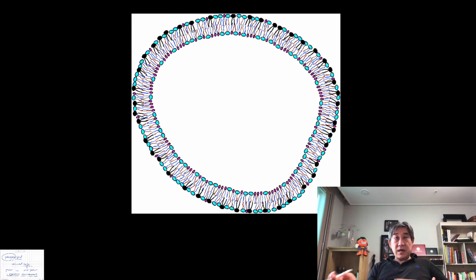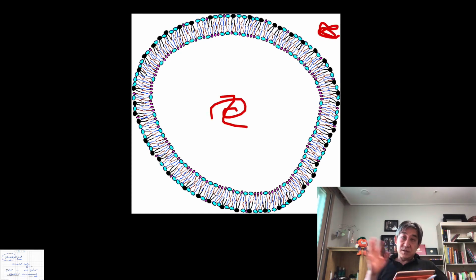So this is how. Let's imagine that you dumped so many different individual phospholipid molecules and then they will arrange by themselves. You don't have to tell them what to do, or provide any extra incentives in the form of energy. They will spontaneously have this. Then inside this is water, outside this is water.